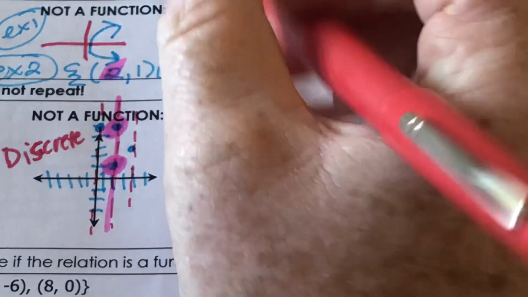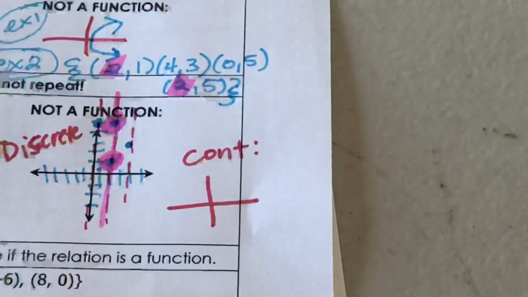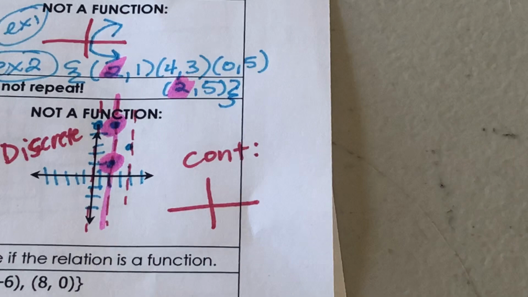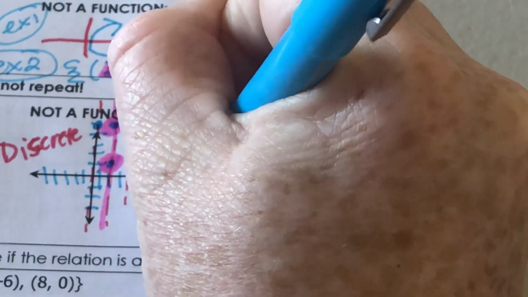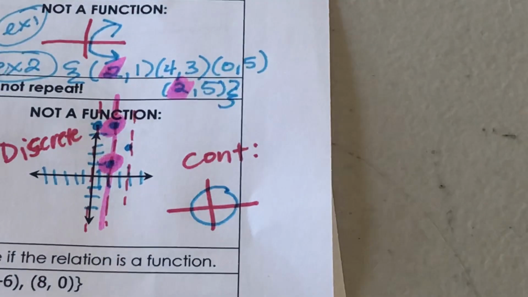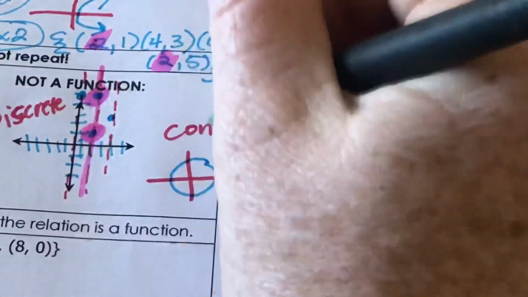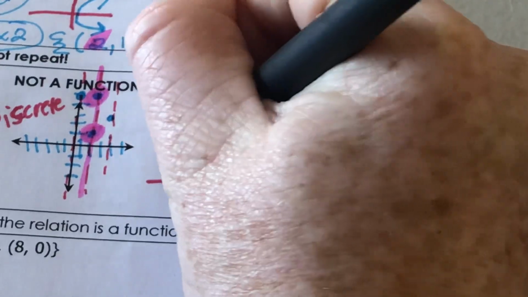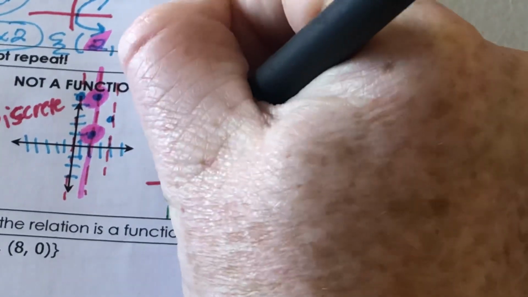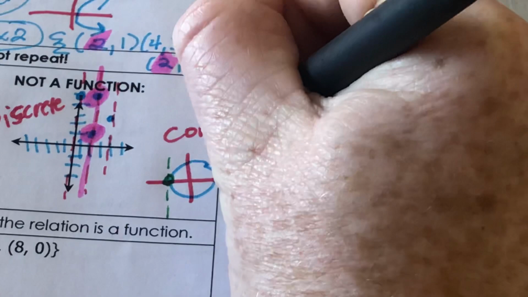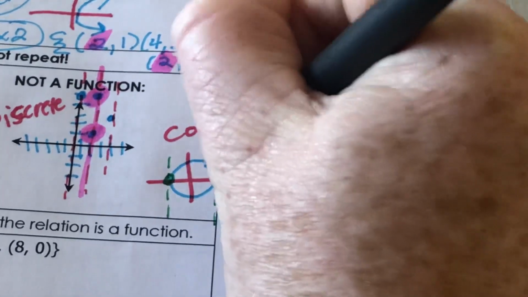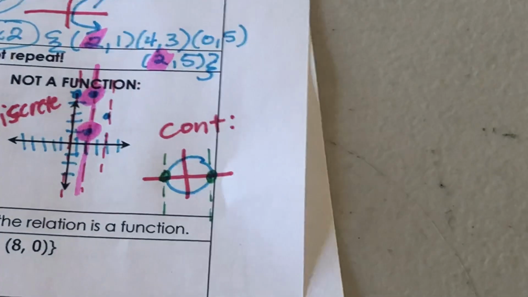Let's just draw a sketch of a continuous example of a non-function. All right, so continuous, what if we were graphing a circle? Okay, now let's do our vertical line test, and you can tell that even if I do the vertical line test here and it touches the circle once on the outsides, okay, that may only hit once, but as soon